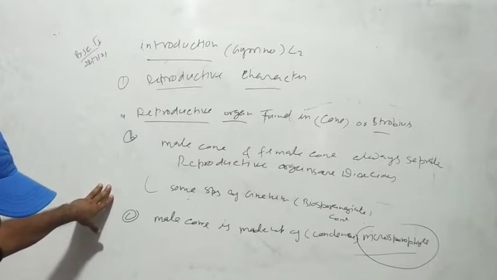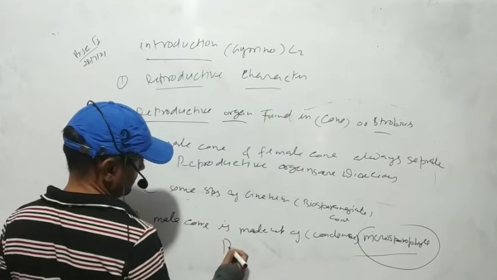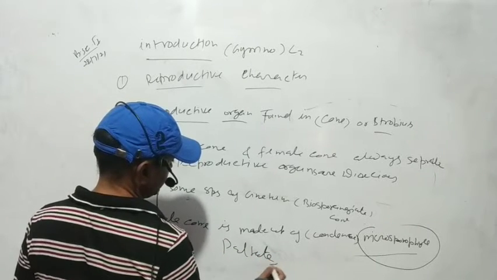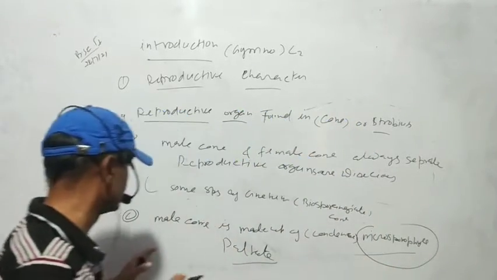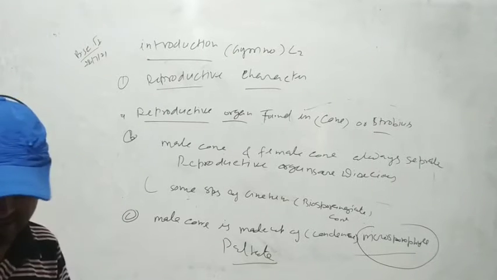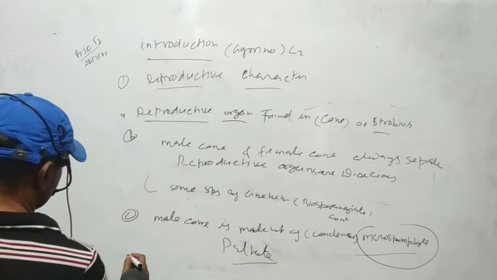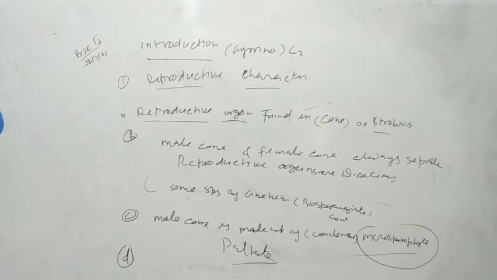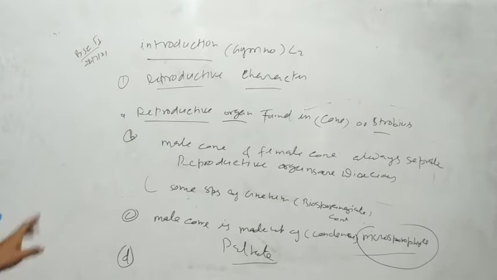This can be peltate. The microsporophyll or cone can be peltate, meaning the type of an umbrella. So this male cone can be peltate. I just want to board. Now next one is here. Next point is, this is all about the reproductive character here. Next one